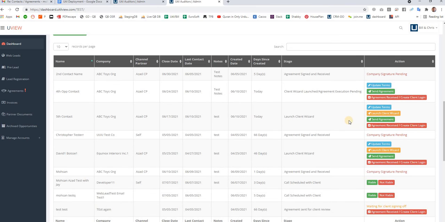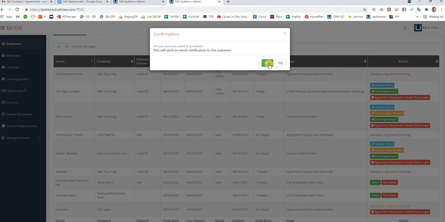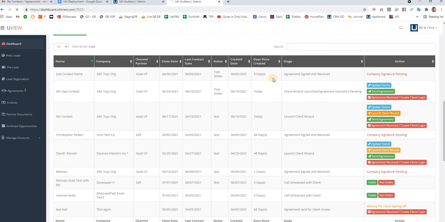It will not send an eversigned agreement to the client. This button will send the eversigned agreement to the client. So please let me know if you still want to remove this button from the dashboard. For now, I'm going to proceed with this button so I can show you what will happen on the customer dashboard.